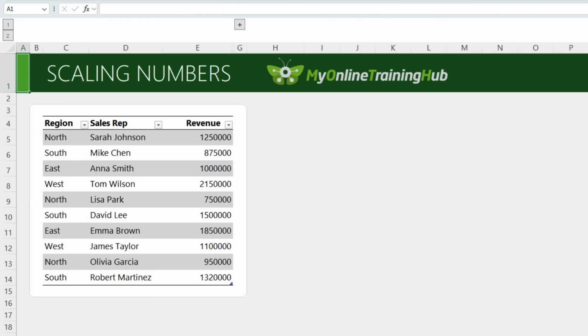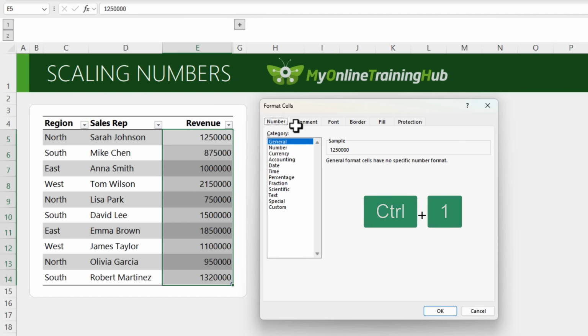numbers. When you're analyzing data in the millions like this, you're usually not concerned with the exact dollar amount. All those extra zeros just get in the way. Instead, we can scale it down and display it in millions. The same values, just easier to read, compare, and present. To apply the format, select the data in the revenue column and Control 1 to open the Format Cells dialog